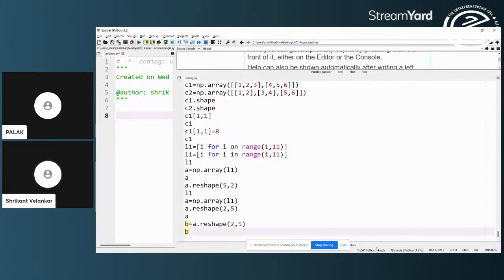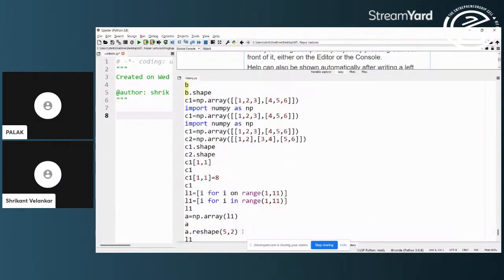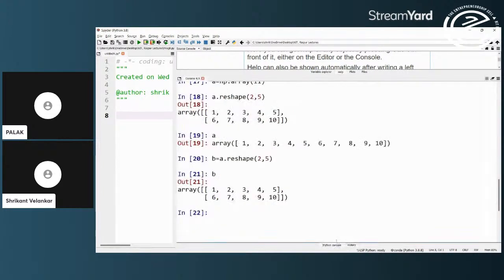Now, if I... sorry, it scrolled to history.